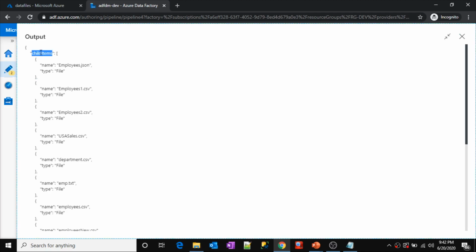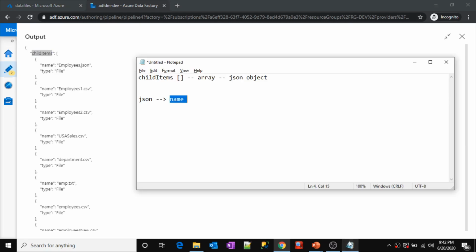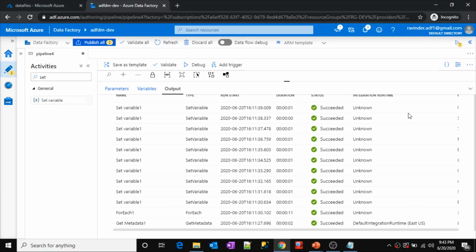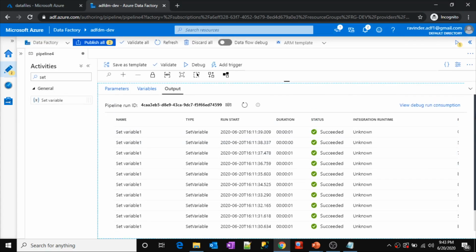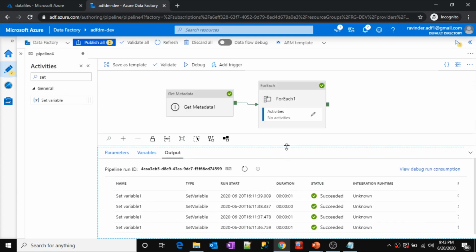Make a note of which property has your desired values, like this in a notepad. Then when you are writing a dynamic expression, you need to use activity output, and after output put a dot, then the property name you listed from the JSON. If you do that, you will be able to access the output JSON of one activity in another activity. Okay, so I hope this gave a clear idea. This is how we do that.